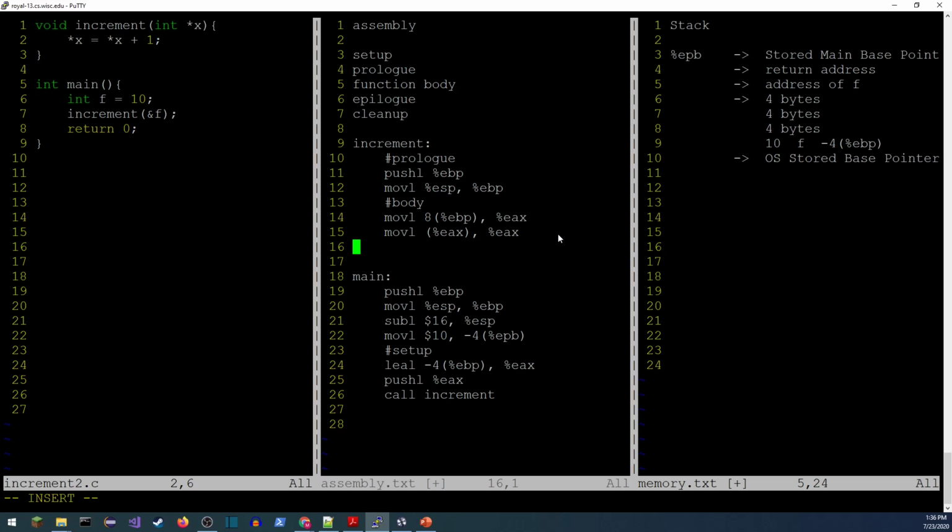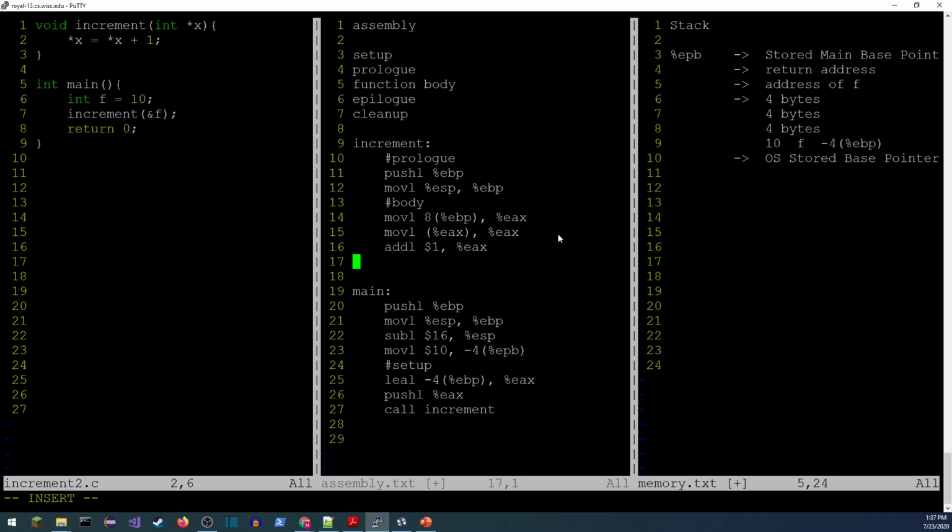So now that we've got the value, I just need to increment it. So we can just do add immediate 1 to EAX, and then I'll take care of that addition for me. And now the next thing I need to do is go ahead and store it. I'm looking right here on line 2, the highlighted star X. I need to go store it back in the right location.